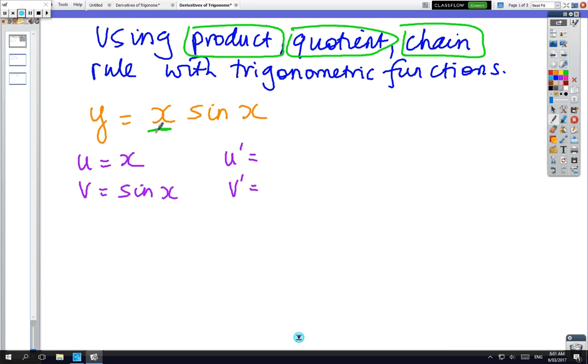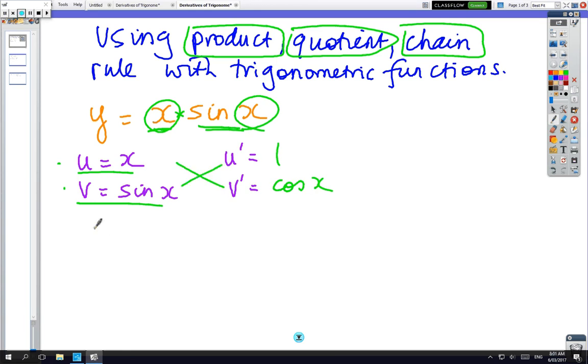So the reason you have to use the product rule is we've got the product of two things and they've both got x in them. So we have to use the product rule. We can't use anything else. Okay, so what we do is you start with u equals, v equals. So if u equals x, then u dash equals 1. If v equals sine x, which is the second thing, then v dash equals cos x. And then we just put our cross in between. And so y dash equals x cos x plus 1 times sine x, which is x cos x plus sine x,